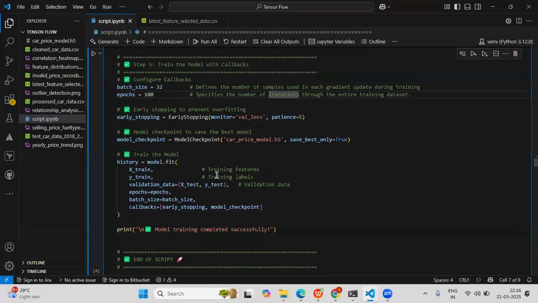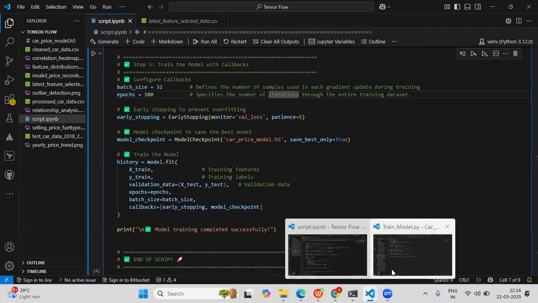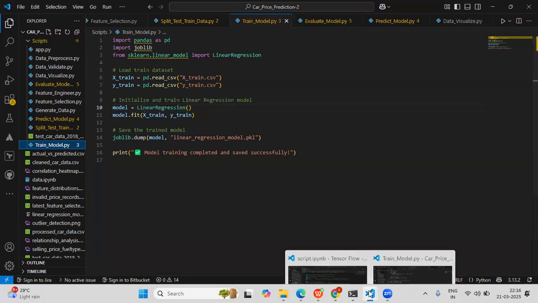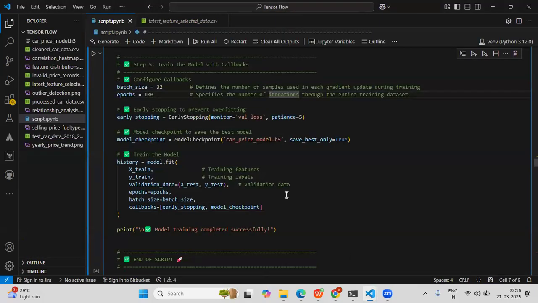After that, training the model. This is the same thing as here, training the model with the model.fit function on X train and Y train, and finally saving the trained model. The same thing in TensorFlow: train the model with the model.fit function. We are taking the X train and Y train variables, then the validation data with X test and Y test. Then epochs, as we already mentioned, is 100, the number of iterations through the entire training data set.